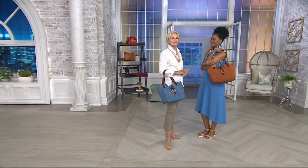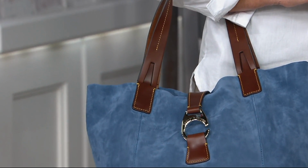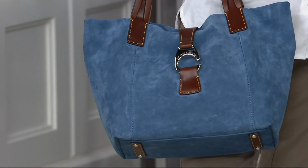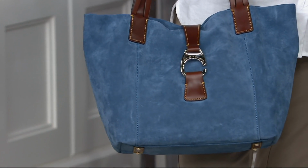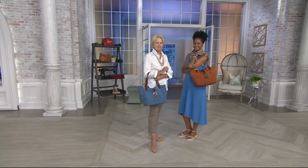This one is brand new, and this is it for 2018 in the silhouette. Size-wise, about 12 inches width, about 10 inches in height and about a 6.5-inch depth. So again, you can literally stack it up inside here. A 9-inch shoulder drop, and it's a double shoulder strap that is nice and wide so it stays nice on